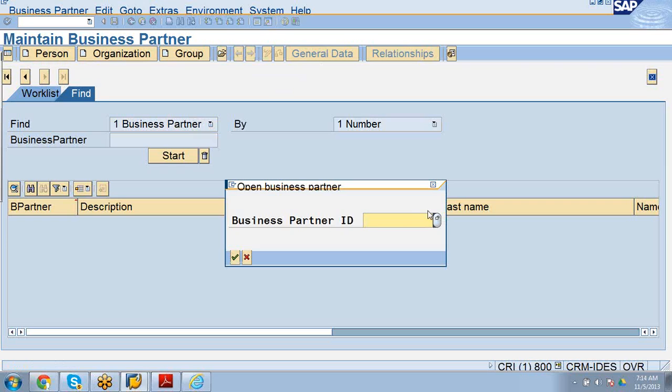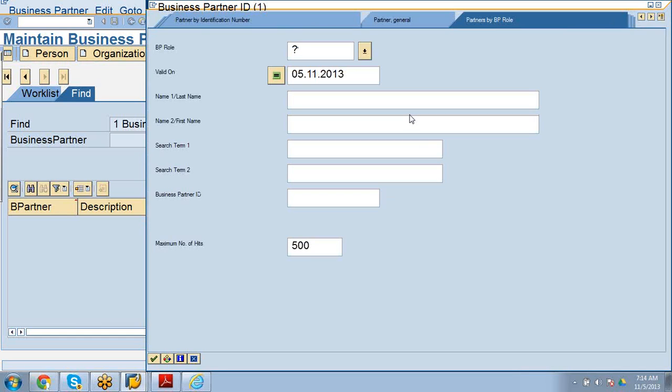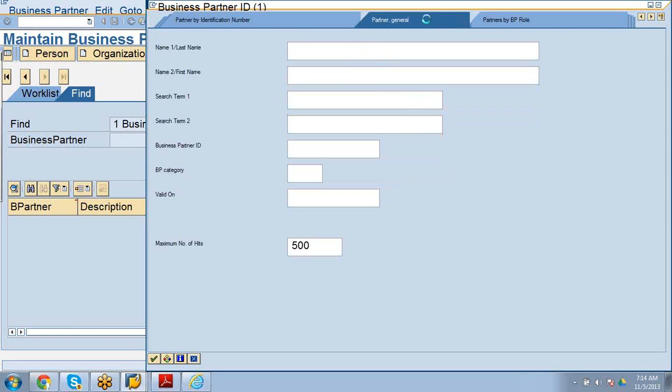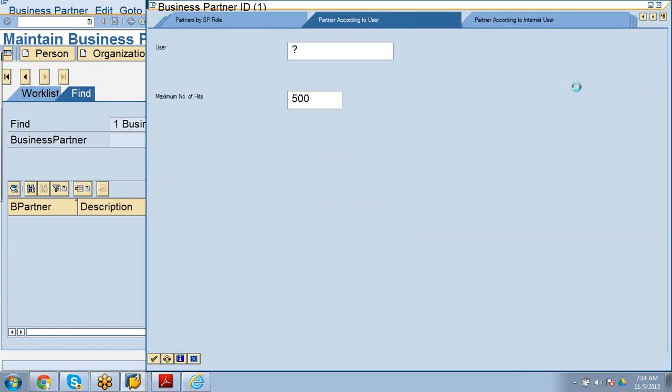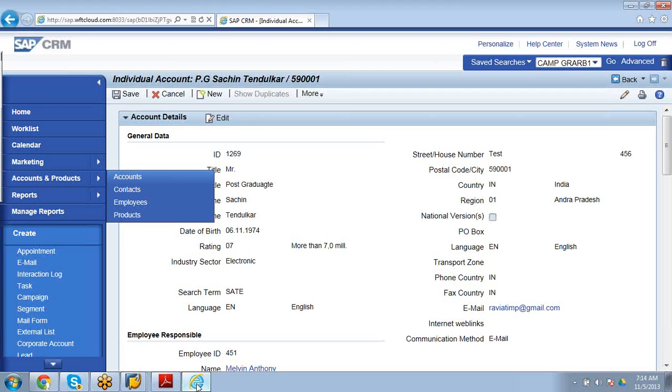Click on OpenBP, select F4. Select partner according to the user, WFT Cloud 110. This user, shall we give anything?